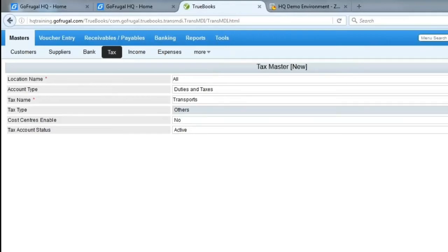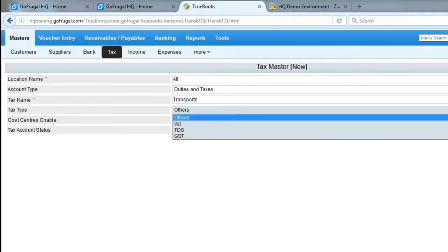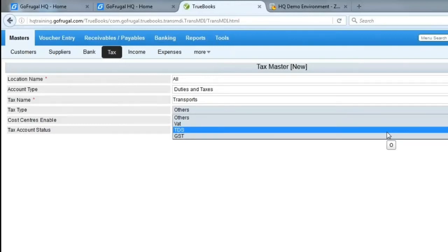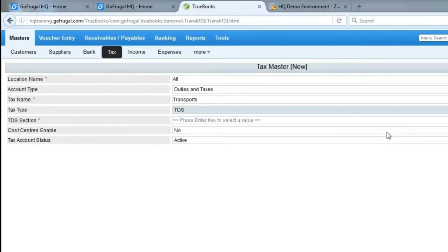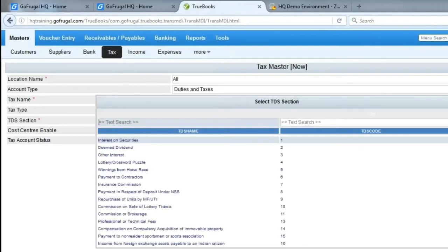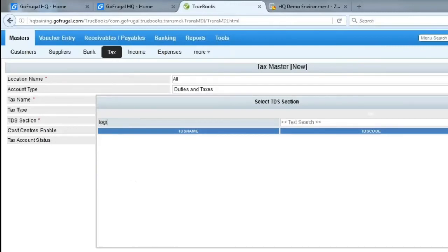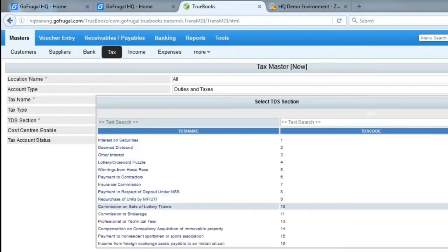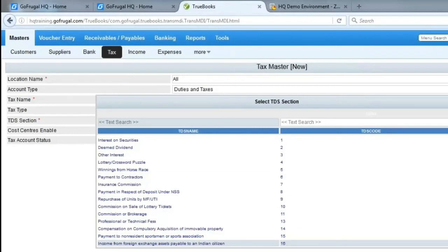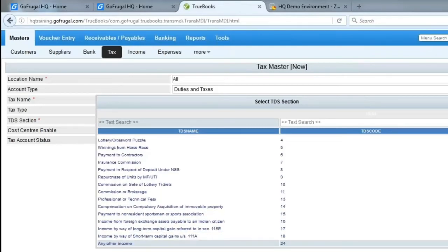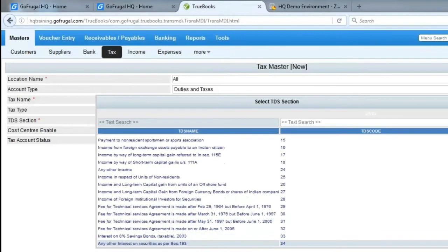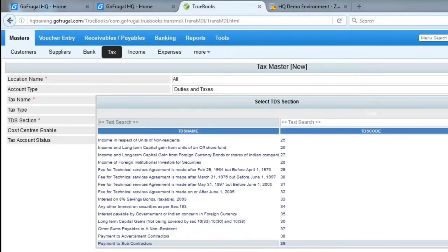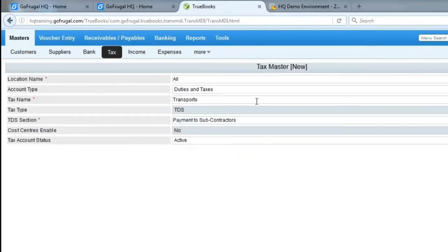If you select others, VAT, TDS, so if you want to calculate TDS or GST, you can put TDS here and you can enter and select, whether it is logistics, the details we have to select. The corresponding TDS name we have to select here, and you can save this.